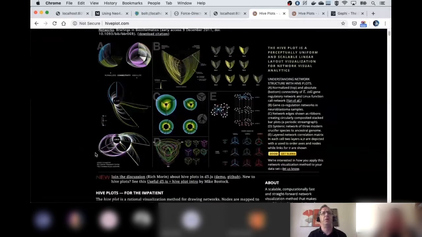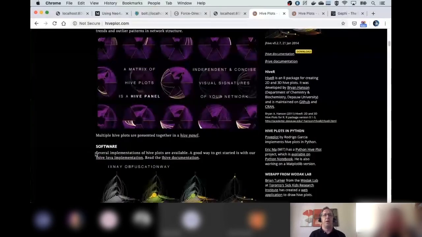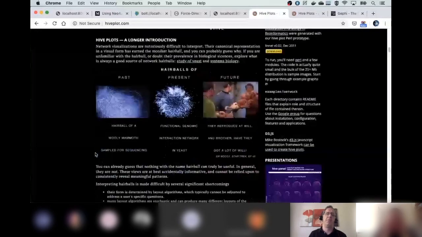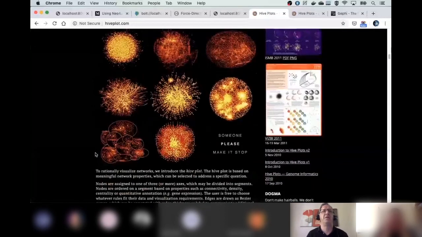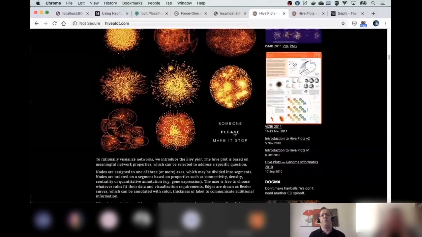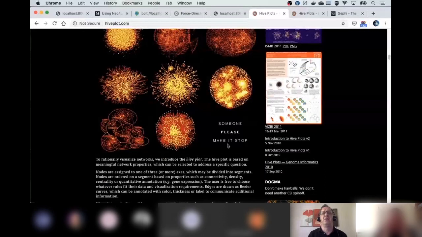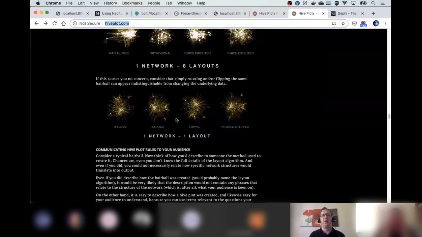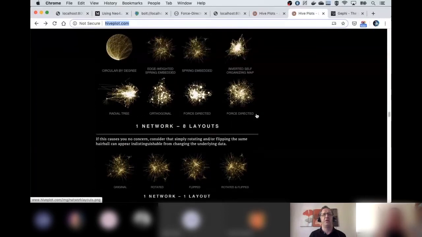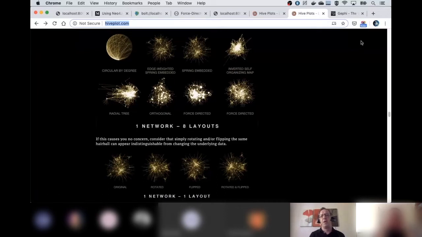Martin Krzywinski, who is a biochemist analyst, put together this website, really not in praise of hairballs and indeed cluster diagrams like this. Indeed, this particular one is the same diagram but rotated a number of times, and he's very skeptical of the actual number of different layouts you can apply and interpret meaning from them. And he has something called a hive plot, which he believes is a better way of rendering large data